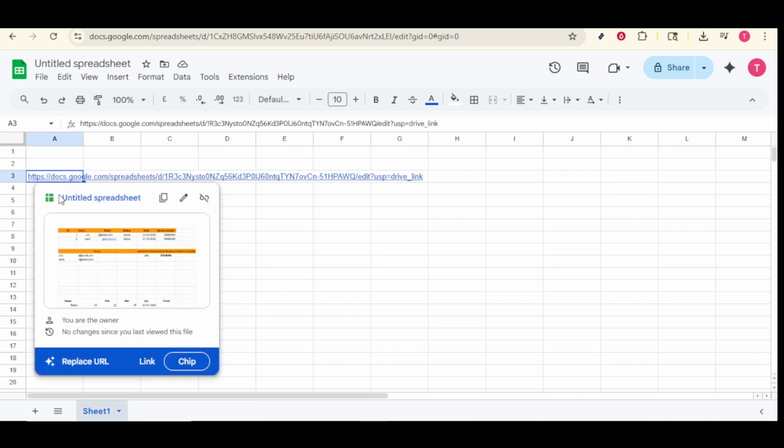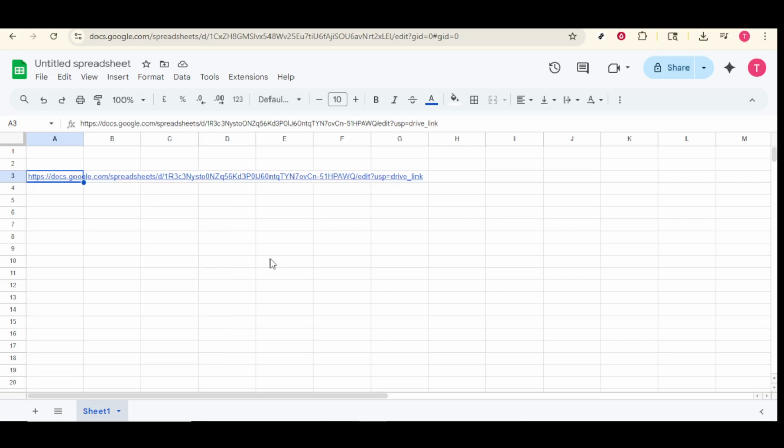And there you have it. You've successfully added a PDF to your Google Sheets. This method is not only straightforward, but also enhances the utility of your spreadsheet by having additional resources just a click away. Thank you for joining me today, and I hope this guide made the process